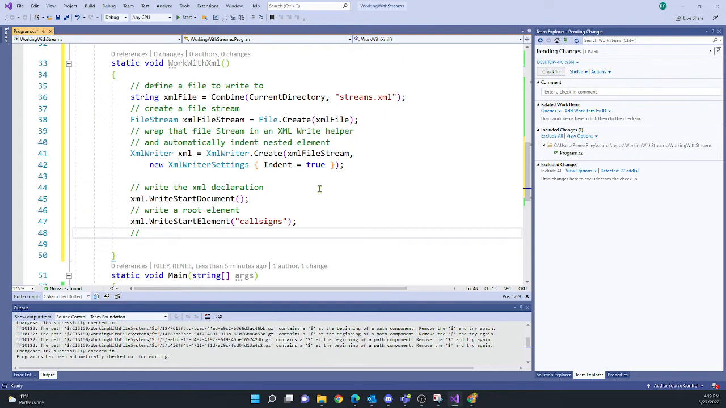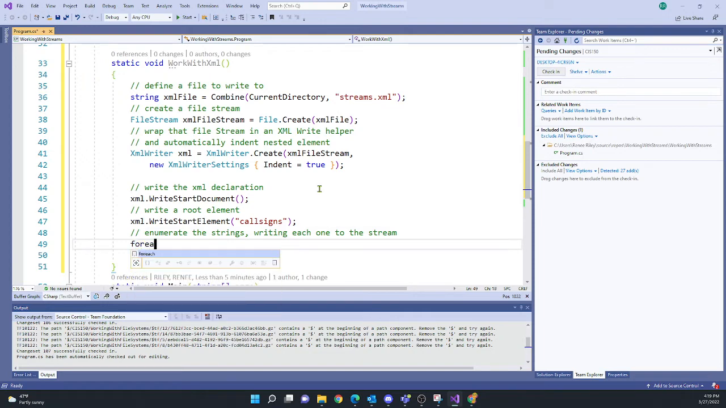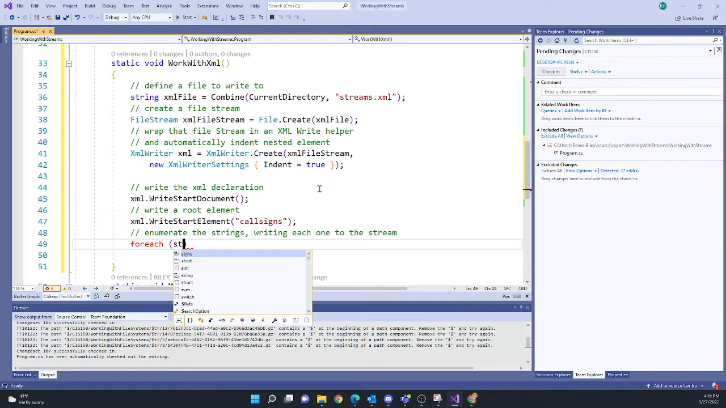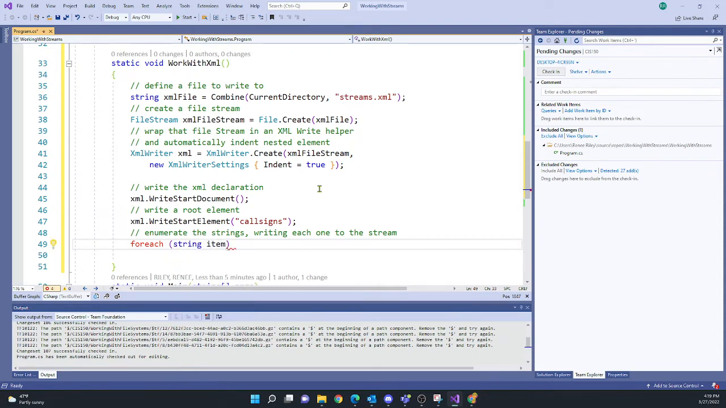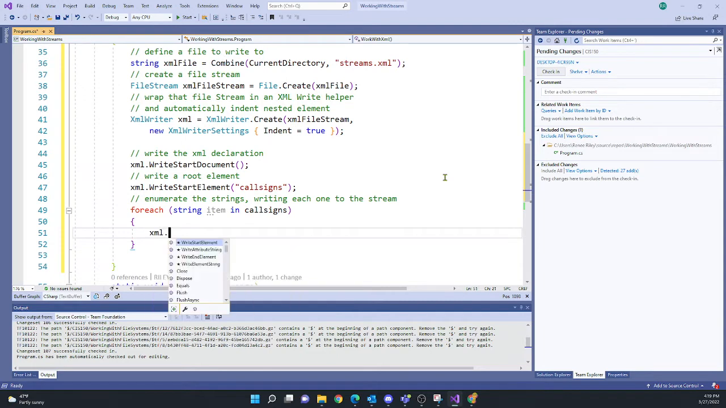Now we're going to enumerate the strings, writing each one to the stream. So our for each loop, just like we did for our text file, we're going to read through our call signs array, and for each entry in the array, we're going to output that entry to our XML file. We do that using the write element string